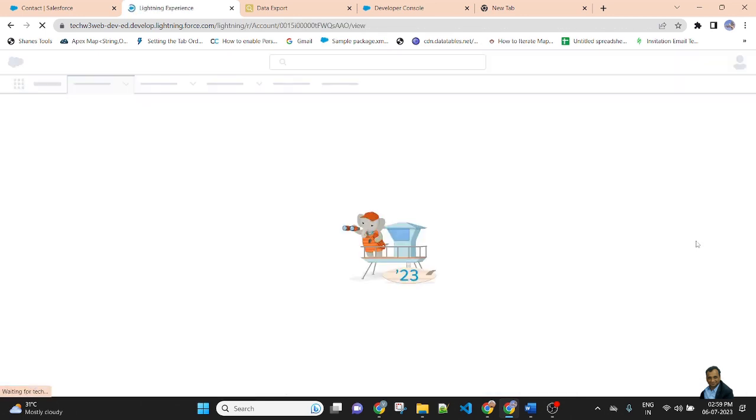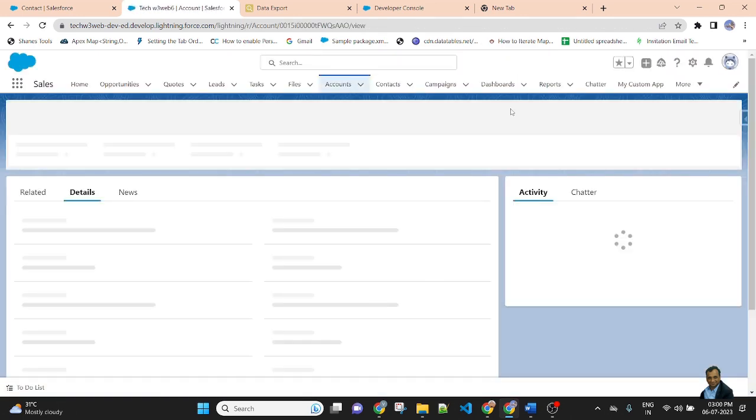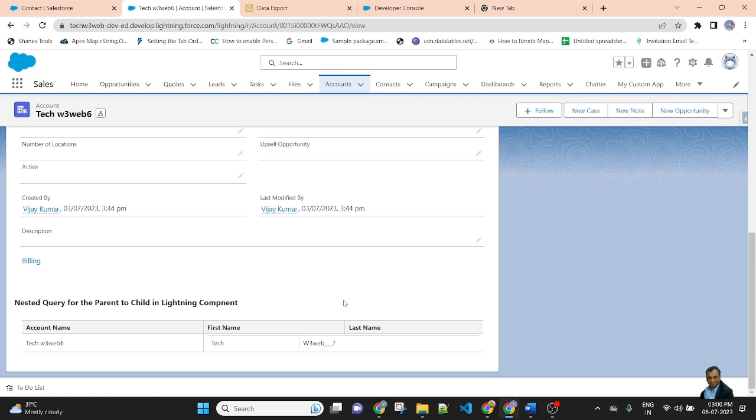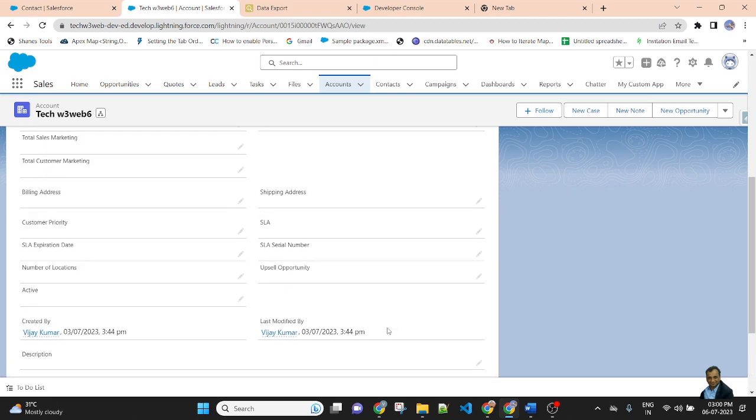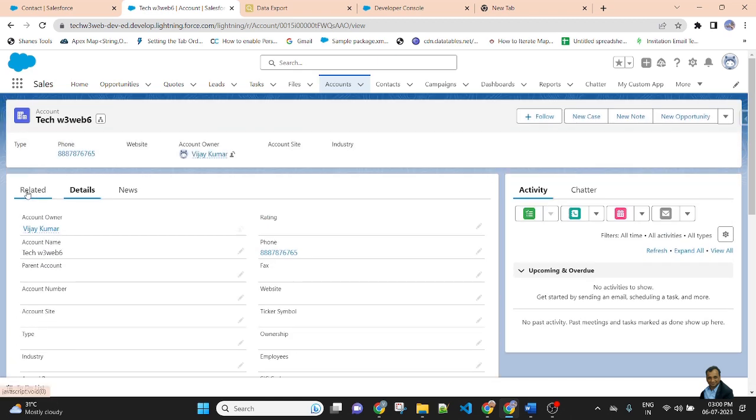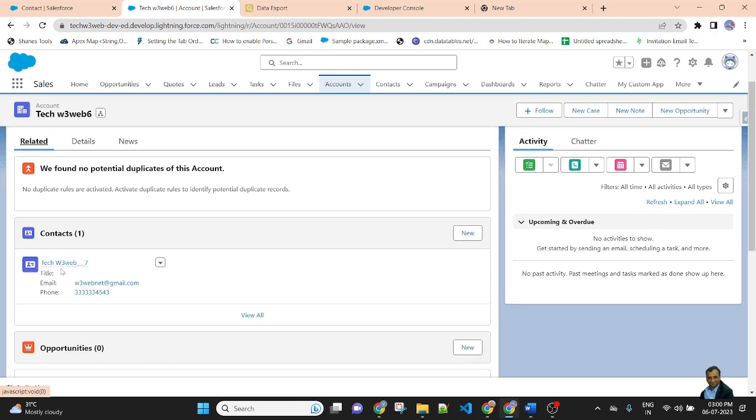Then go back. After saving this layout, go back, and here I can see the nested record of account. This is the name of the account. This is the first name and last name. That is a contact.